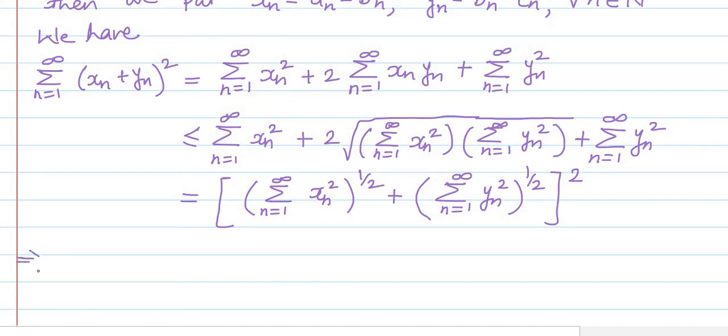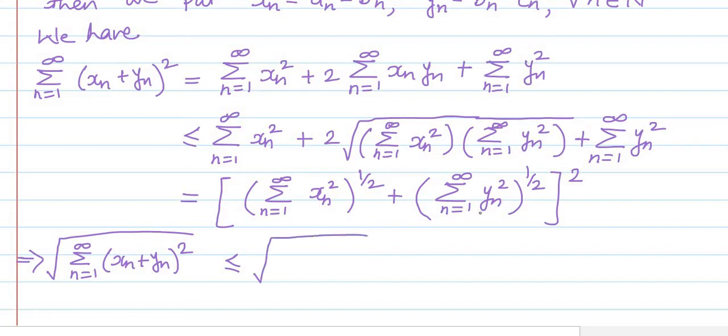the positive square root of the left hand side, which is the square root of the summation over n equal to 1 to infinity of (Xn plus Yn) square, and this will be less than or equal to. Here the strongest inequality is less than or equal to. So the left hand side is less than or equal to first term plus second term, under root, and after taking the under root of this square, the square and under root get cancelled, and we will be left with only these two terms.